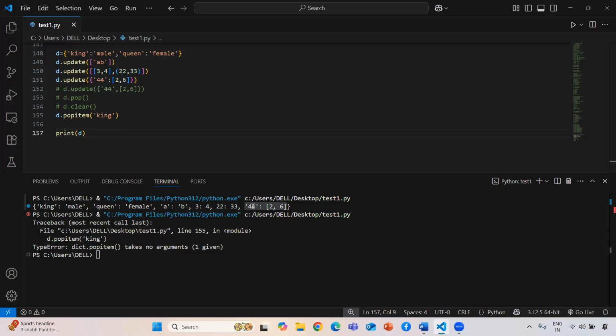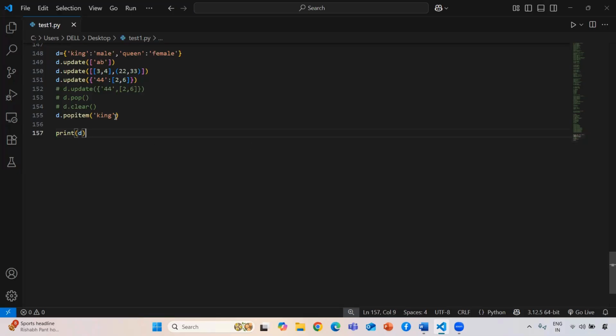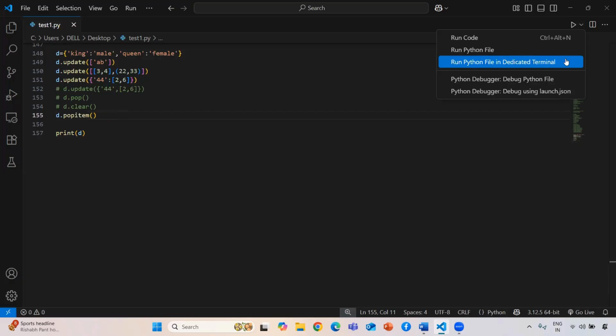That's why it throws an error. Make sure that you don't need to pass any argument. Okay, guys. Now, if I remove that argument and run this one,